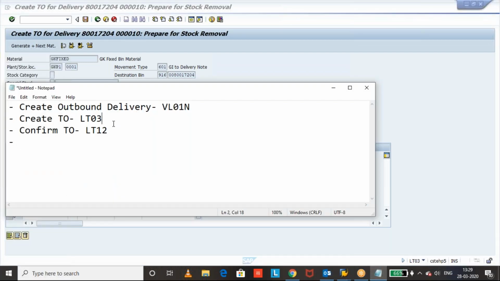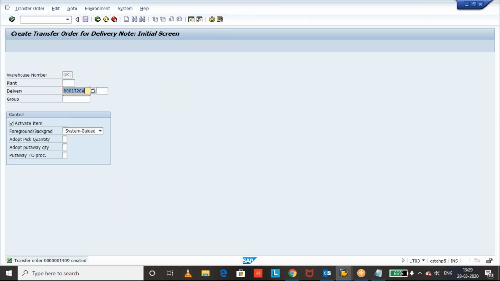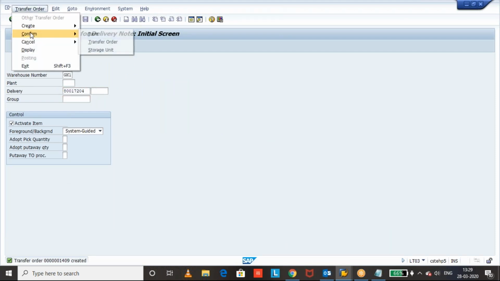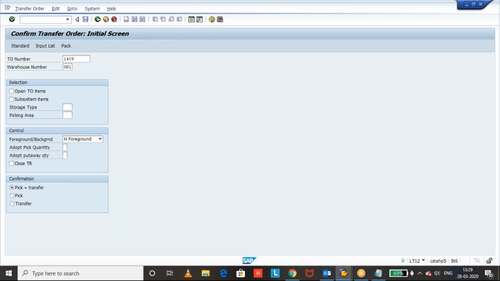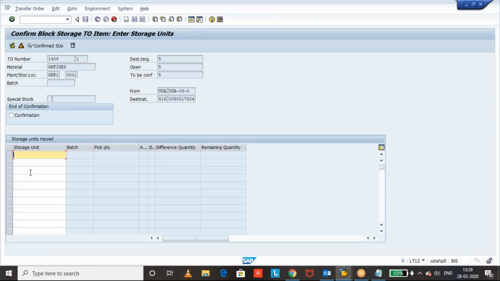So I'm creating the TO and now I will confirm it also. Once the TO is confirmed, we'll see the status, and you want to reverse that status now. Let us go for the TO confirmation. From here itself we can go. It is bulk storage related, so we need to input the storage unit.